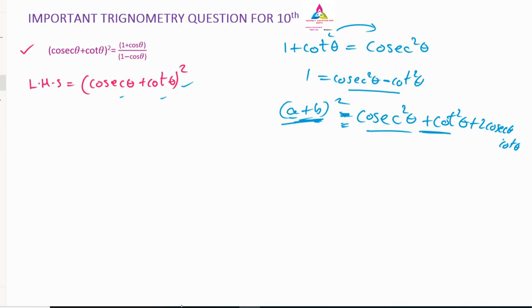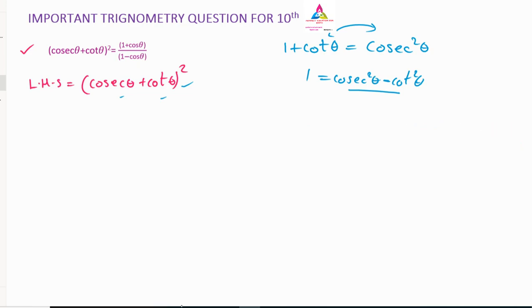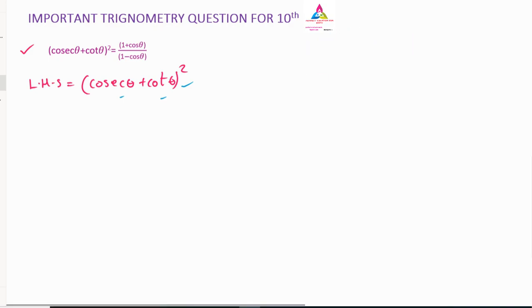So when the question comes this way, as I have already told, we have to convert the terms, cosecant theta and cot theta, in terms of sine and cos. That is the best thing you can do. So we will convert this. Cosecant theta, in terms of sine, is nothing but 1 by sine theta, in bracket, and cot theta is nothing but cos theta by sine theta. So we have converted cosecant and cot in terms of sine and cos. Now we will move further.